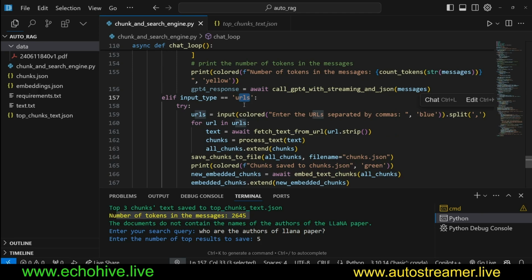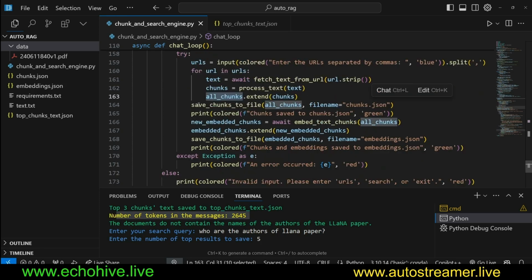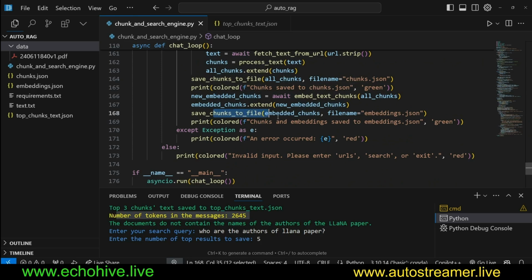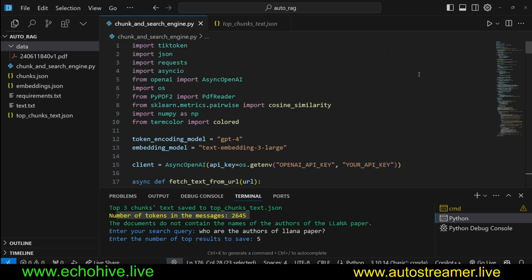But if the user has entered URLs, then your user can enter URLs separated by commas. And then we loop over those URLs, because we're going to split them by the comma, and then fetch the text from those URLs using Jina. We're going to chunk it and extend all chunks. And then save chunks to file, and then get the embeddings for them, extend the embedded chunks, and then save those as well. So that's pretty much it. And then we run the chat loop with asyncio.run. I guess the important thing here is that